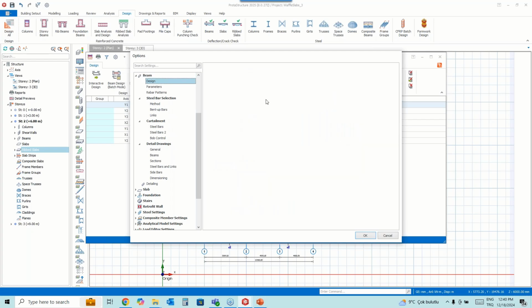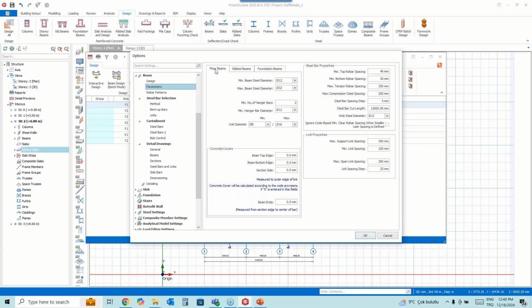For example, let's start with the parameters. The important thing is we have different settings for each beam group, for example floor, rib, and foundation beams. This is important because if you just arrange these settings in the floor beams, it will not affect the rib ones. So we need to arrange these settings separately.